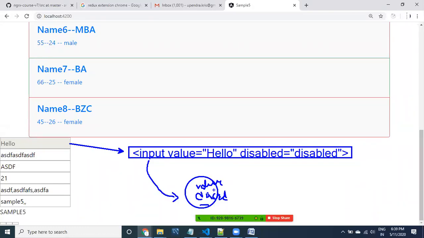Whatever attribute value you have provided for value goes to the value property, and disabled to the disabled property. The value attribute's value will be provided to the property of the DOM object. So the DOM object contains properties, while the HTML tag contains attributes.